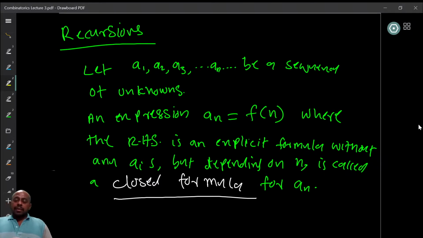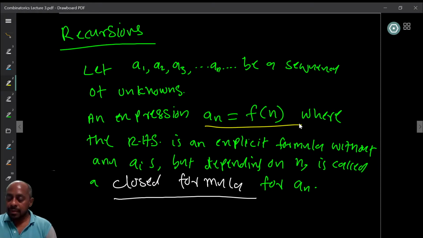Now, suppose you are given a sequence of, let's say, unknown values, A1, A2, A3, etc. What we want is a way to describe, let's say, a_n. Suppose I write a_n is equal to f of n, where the right hand side expression